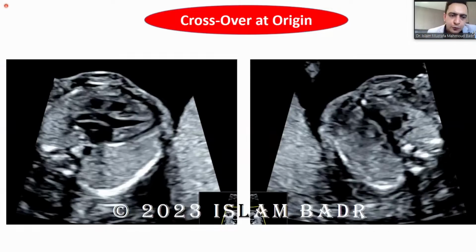So let's see this crossover in 2D images. This is a normal heart. I will use my arrow. This is the left atrium, and this is the left ventricle, and you can see the aorta coming out of